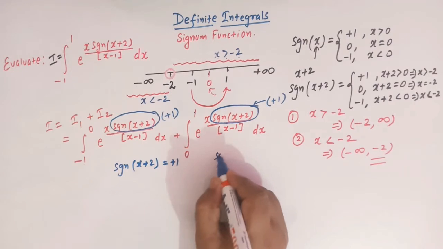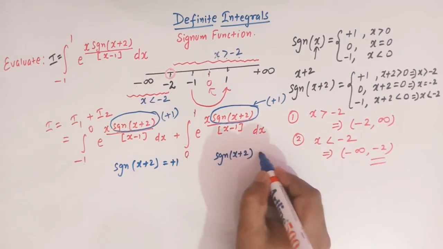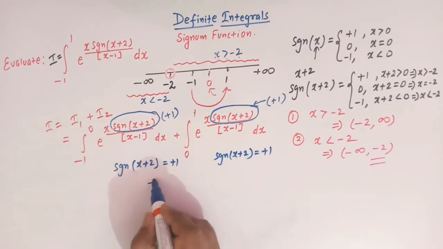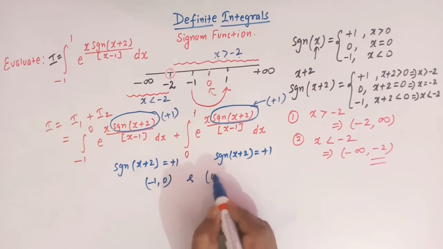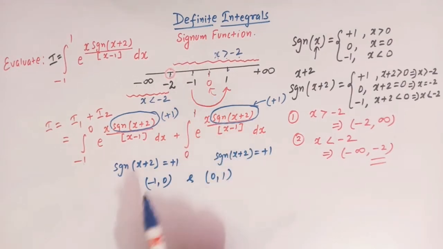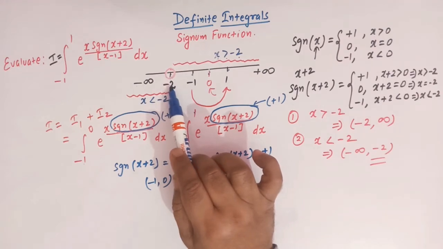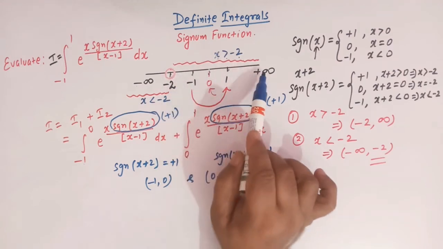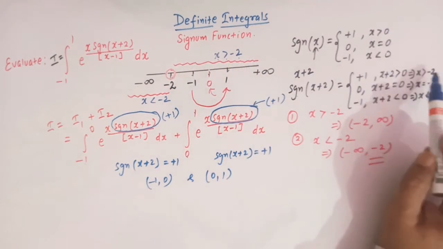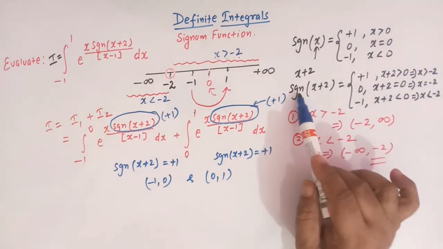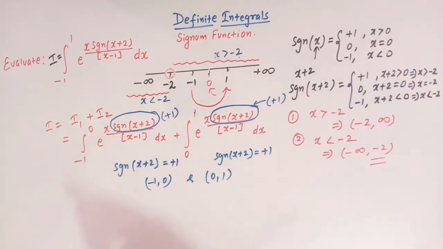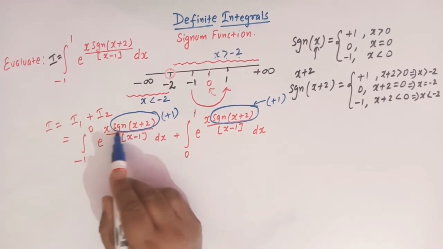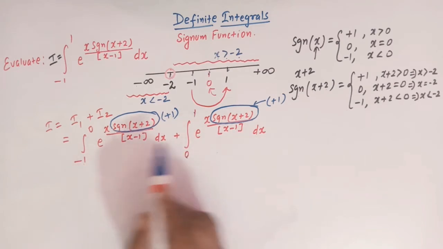And here signum of x plus 2 also takes the value plus 1, because both the intervals, minus 1 to 0 and 0 to 1, are subsets of the interval minus 2 to infinity, and all the values which lie between minus 2 to infinity are greater than minus 2, and when x is greater than minus 2, signum of x plus 2 takes the value plus 1, right? So now we have decided the value of signum of x plus 2 in these two integrals,